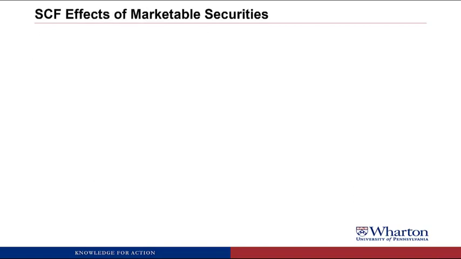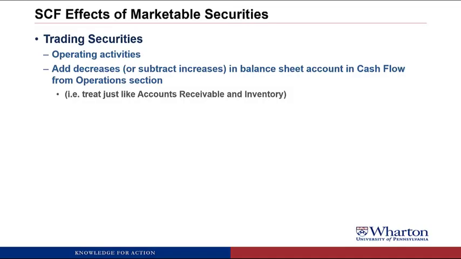So the last thing that I want to talk about is how these show up on the statement of cash flows. So if you decide to classify your investment as a trading security, then it's going to be considered an operating activity. It's going to be considered part of your core operations, which makes sense because most of the companies that choose this are financial institutions, and that's part of their business. So in that case, we're going to add decreases or subtract increases in the balance sheet account marketable securities in the cash from operations section. The way to think about it is it's going to work just like accounts receivable and inventory work on the